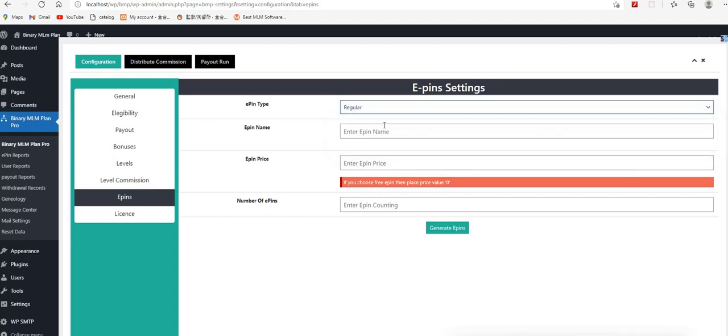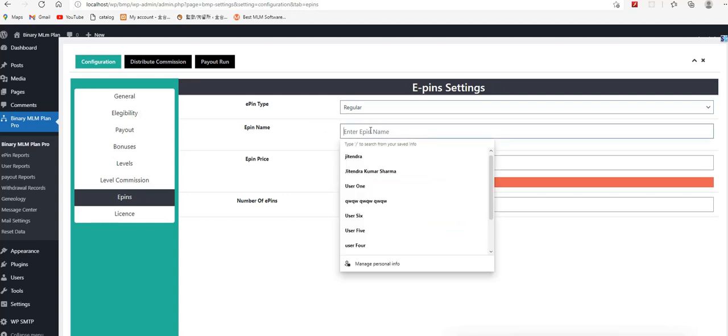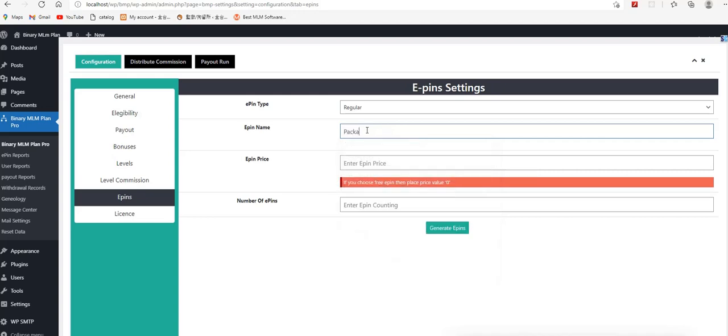So here I selected regular EPIN, the EPIN name is package one, and the price suppose 4,000 INR, and the number of EPINs, suppose I consider only 10 here.